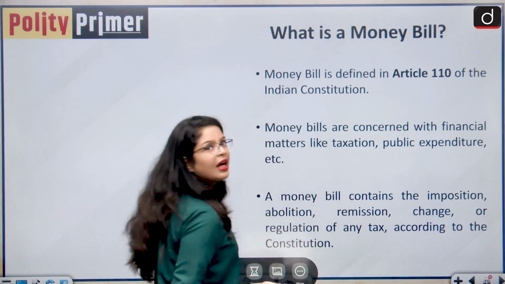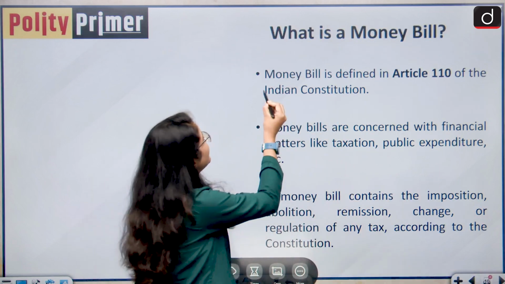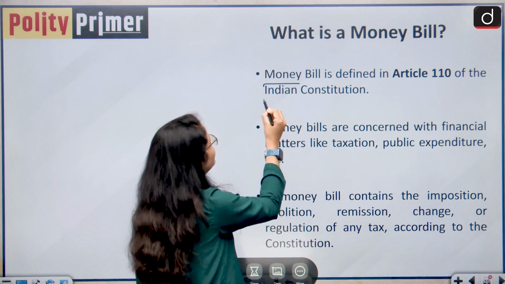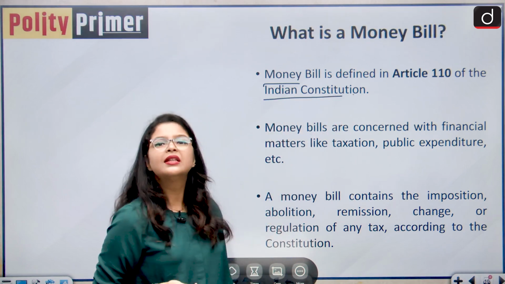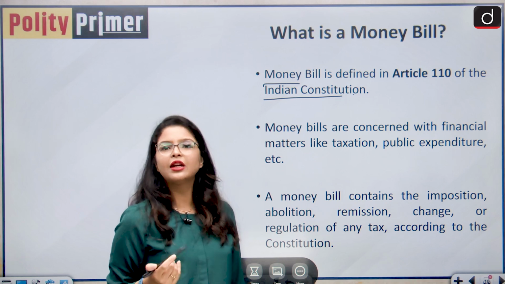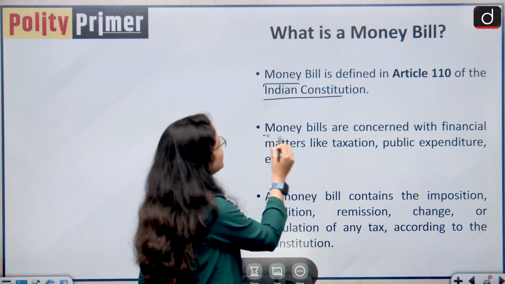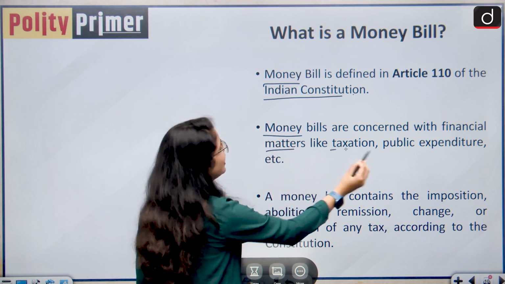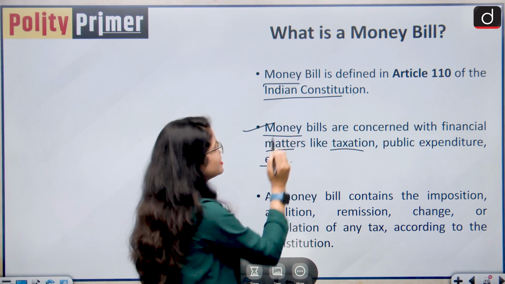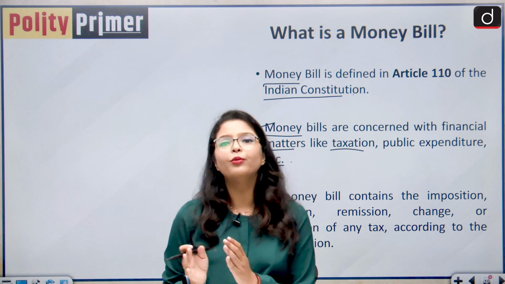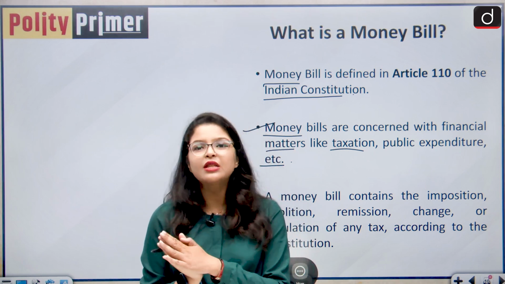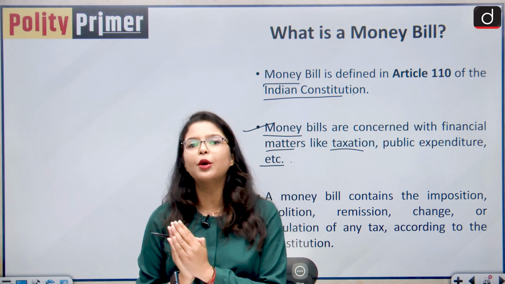Now let us see what are money bills. A money bill is defined under Article 110 of the Indian Constitution. This I have mentioned before also, that they are enumerated in Article 110 of our Indian Constitution. Money bills are concerned with financial matters like taxation, public expenditure, etc. Whenever the government requires money for its proper functioning,